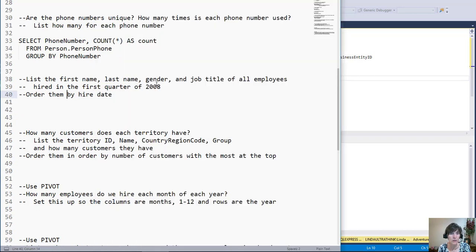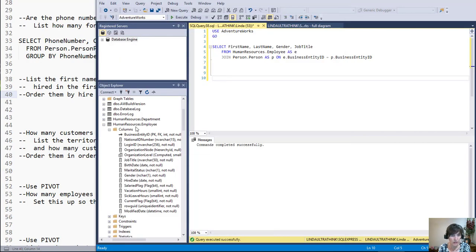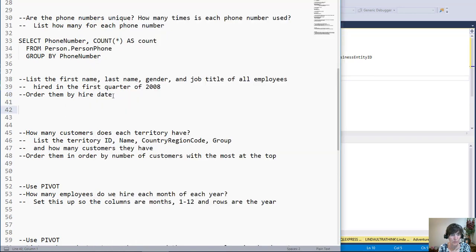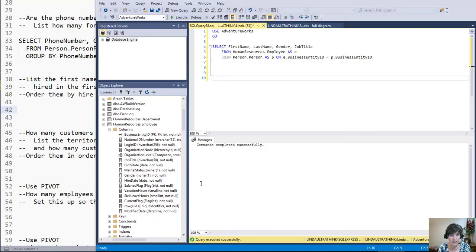But now we want to know when they were hired in the first quarter. So where are we going to figure out hired? Well, here's a hire date, so that's really good. That will help us. The first quarter of 2008. So hire date is of type date, and we need to get some information from that. So we're going to say where, and here we want to extract the year from the hire date. There's a function called year that will do that, and we can use the hire date in here, and that will extract the year from that date, and we can ask if that's equal to